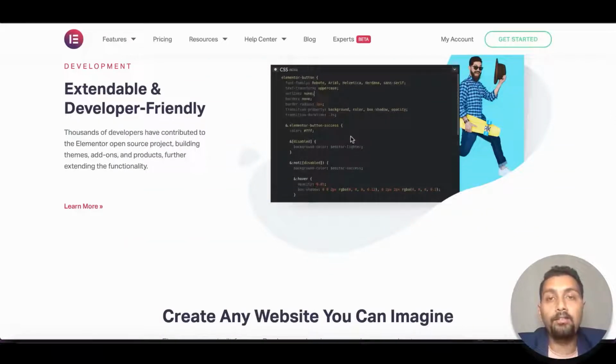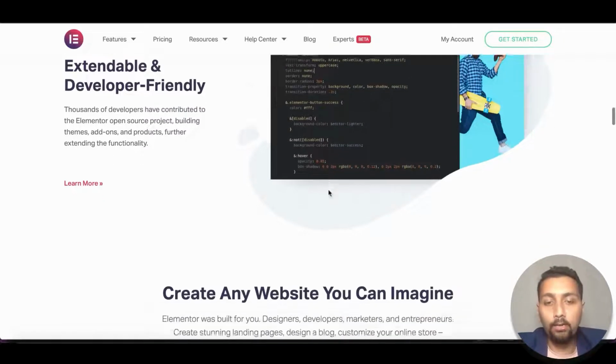If you want to add in some code, if you have the experience with CSS and HTML, then you can obviously use that knowledge and implement it in Elementor as well. It's not just for the non-technical people, but it is for both of them actually. So when you know coding, obviously you get an extra edge, and you can make some changes which others might not know how to make. But Elementor has provided everything that lets a non-technical, non-coding person create any kind of website that he wants, all right.